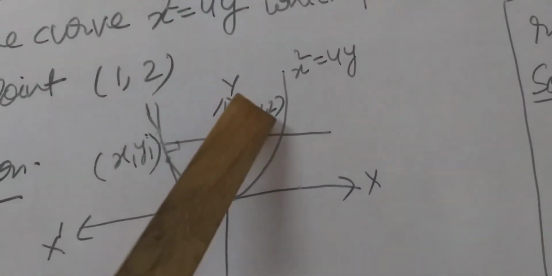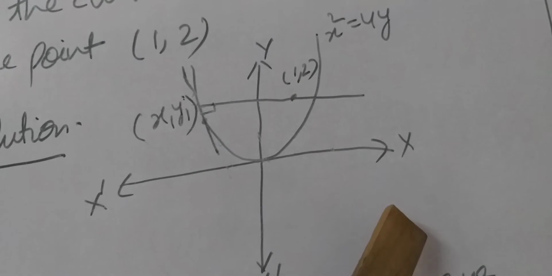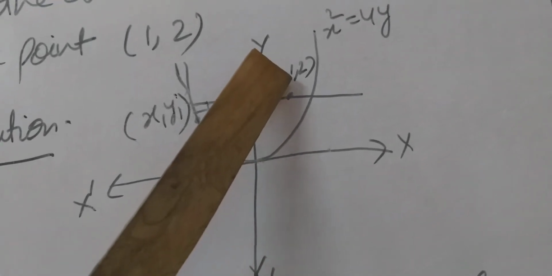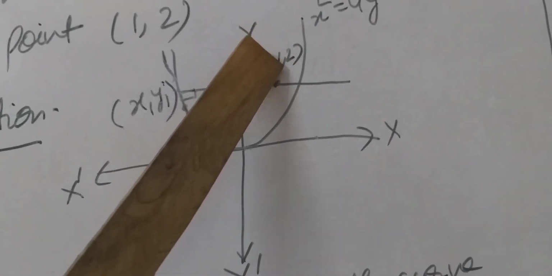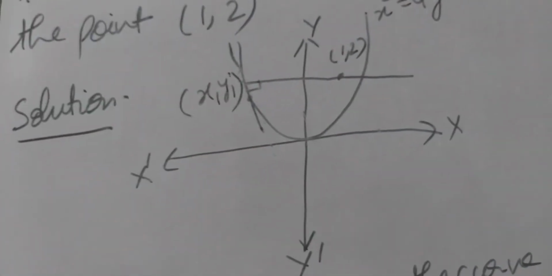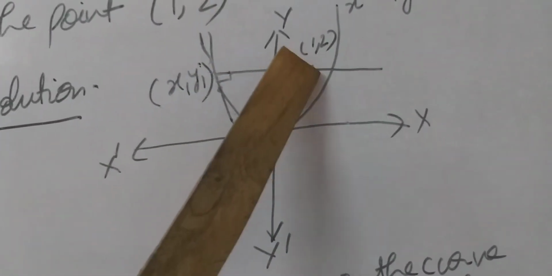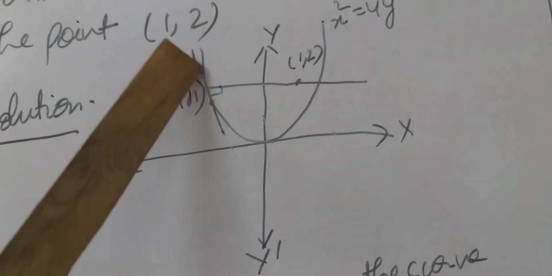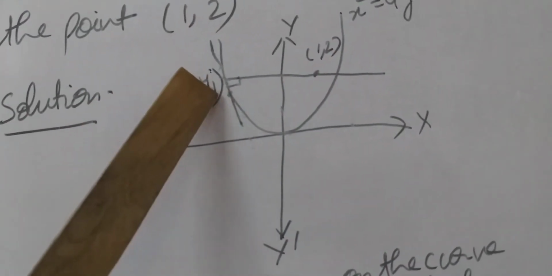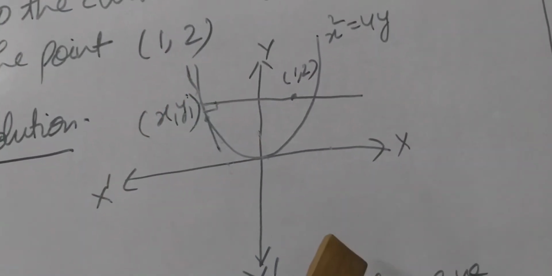Okay, students. Student, remember (1, 2) is not the value of (x1, y1). Generally, it has been seen that students take the value of (x1, y1) as 1 and 2. Student, the normal is passing through this. We have to find the equation of normal at this point. So don't be confused. So at the place of x1 we have to write x1, at the place of y1 we have to write y1. This is the equation of normal.